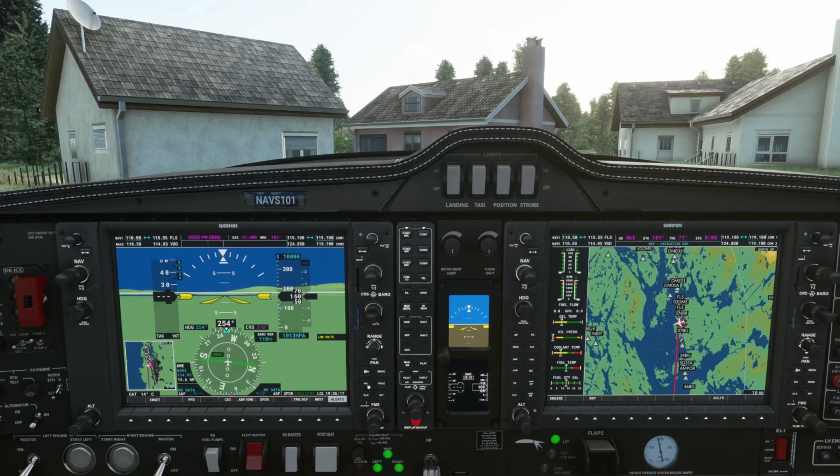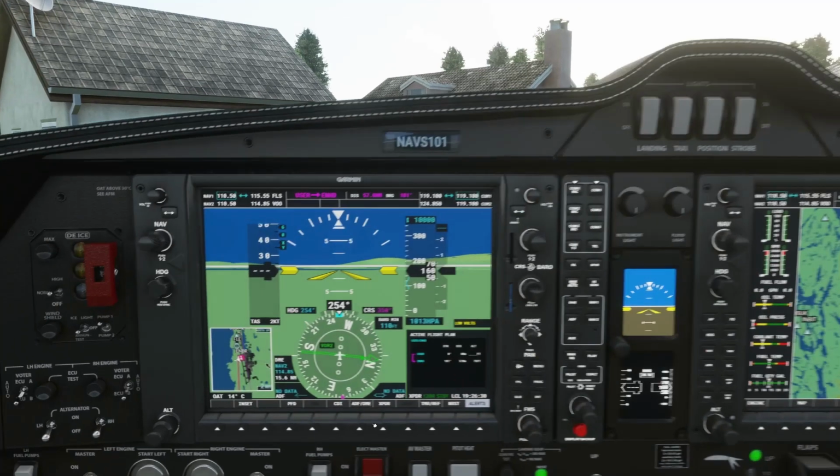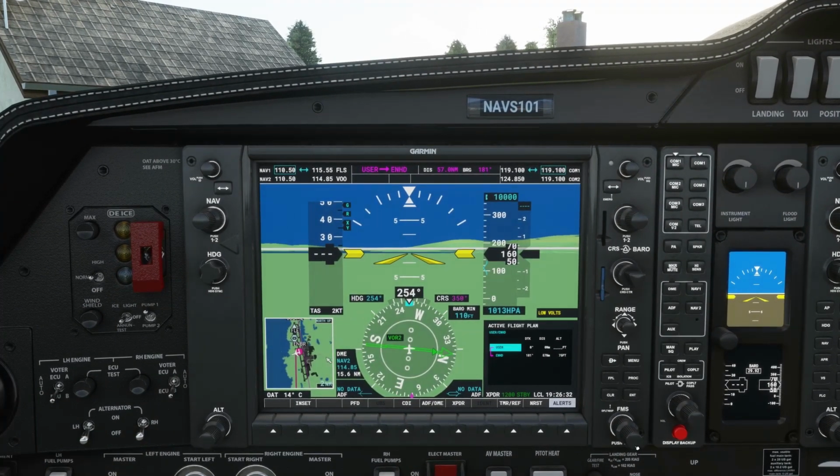You also have the facility to create a flight plan. Click on the outer knob, click on flight plan, and then click on the outer knob here, and it highlights where we are. If you keep scrolling down using the outer FMS dial, you can put another airport in by scrolling using the inner FMS dial.